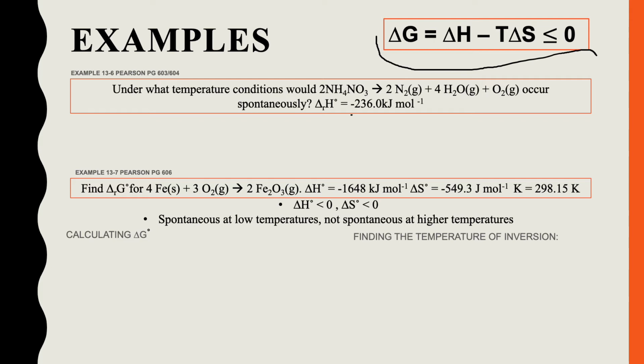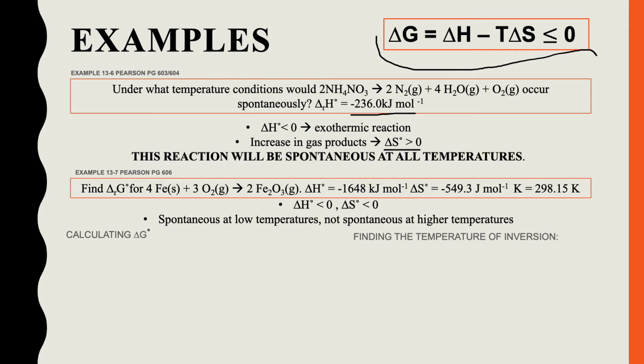So here we are given the enthalpy, and it should be noted that the enthalpy is negative, so this is going to be an exothermic reaction. Additionally, here we can see an increase in gas products, and this correlates with an increase in microstates. So this reaction is going to have a positive change in entropy. And so with a negative enthalpy and a positive entropy, we know that this reaction will be spontaneous at all